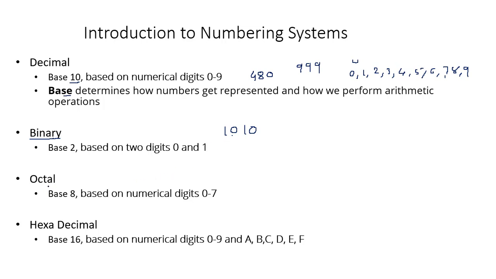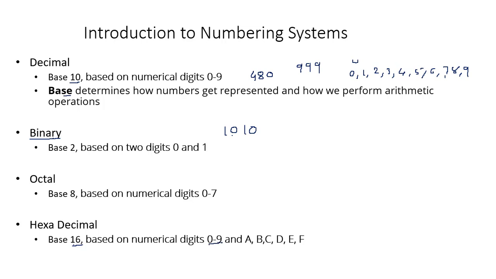Similarly, there is another number system which is called octal. The base is 8. So now you understand that when the base is 8, the digits it can use are 0 to 7. And similar to that, we have hexadecimal, which is base 16. When I say base 16, the meaning is that it has to have 16 characters. The way we have 10 characters in decimal, 2 in binary, and 8 in octal, we have to have 16 characters in hexadecimal.